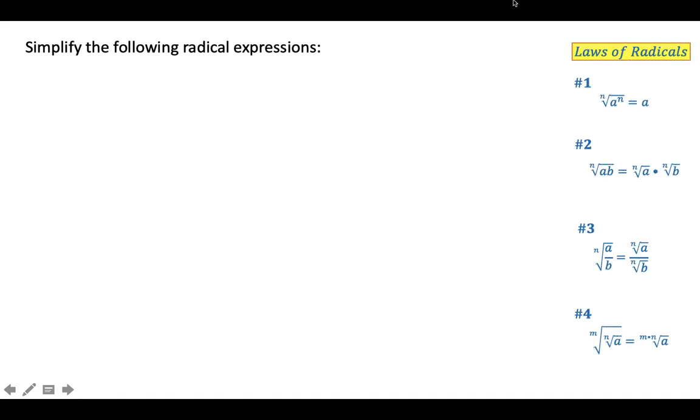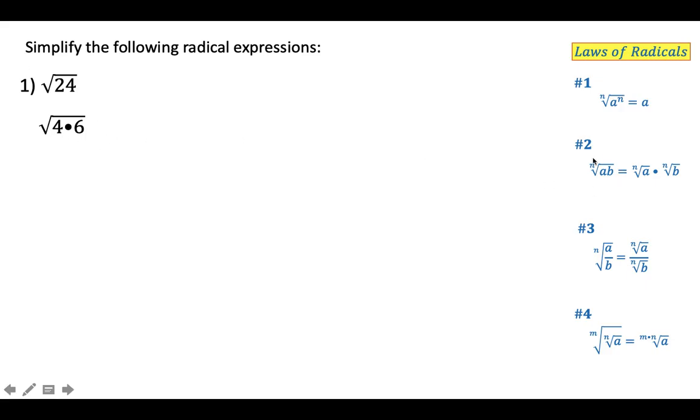Okay, so in simplifying radical expressions, the laws of radicals will help us to easily simplify the radical expressions. So given the square root of 24, 24 is not a perfect square, but we can at least simplify this by thinking of a factor of 24 which is a perfect square. In this case, it is 4. 4 is a perfect square, which has a root of 2. So the factor of 24 is 4 times 6.